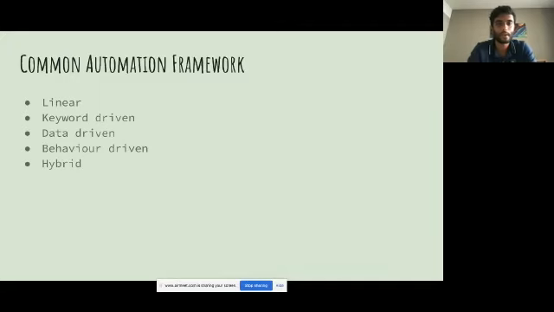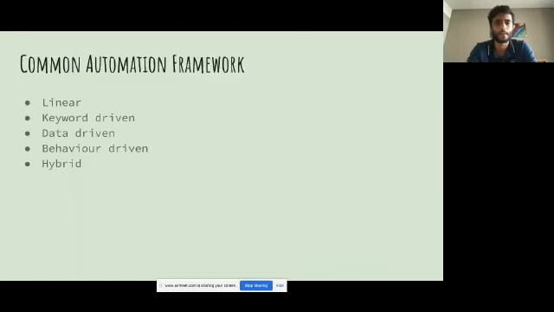You define all your keywords and then write the implementation of them. The advantage of keyword driven is that any manual QA who is new to automation can start writing tests. Obviously you require expertise for implementing the keywords, but once you have someone implementing them, writing test scripts becomes a lot easier for manual QAs. So that's keyword driven.